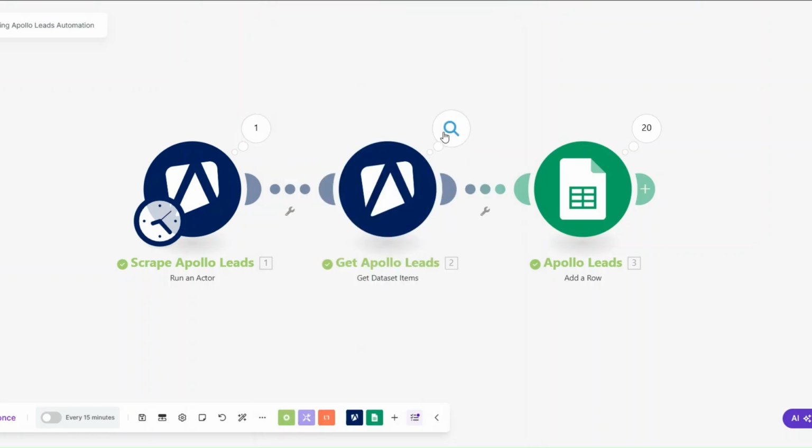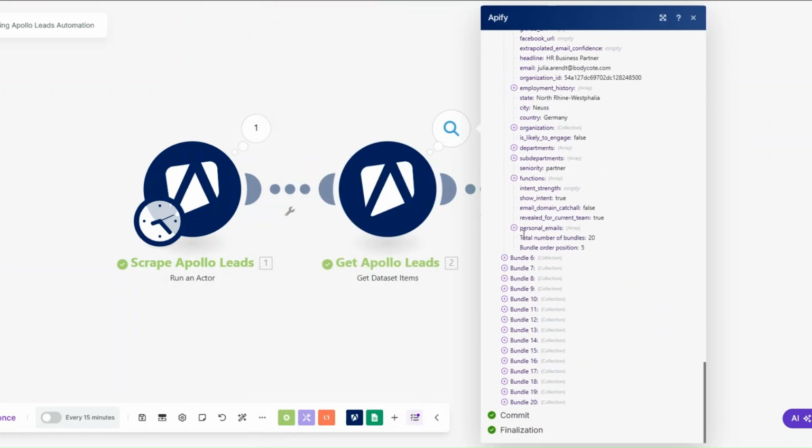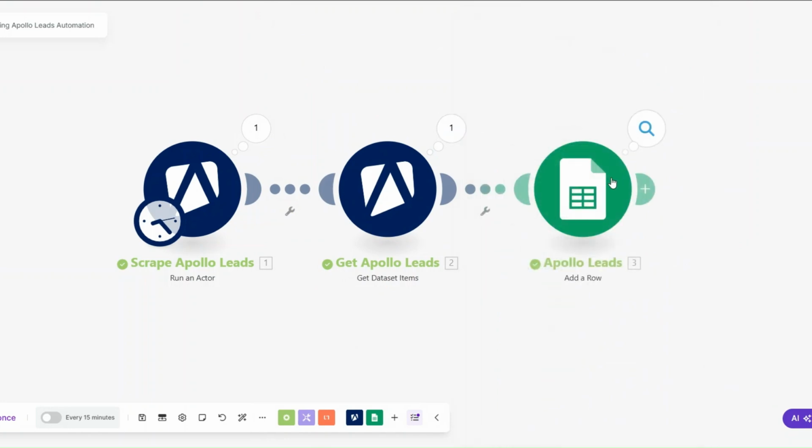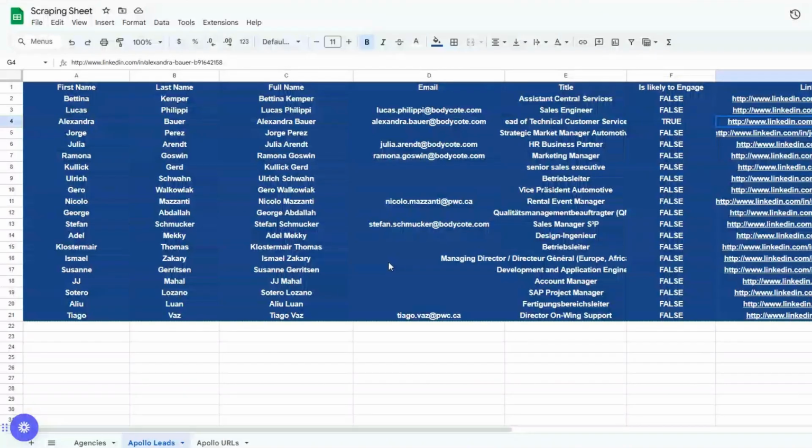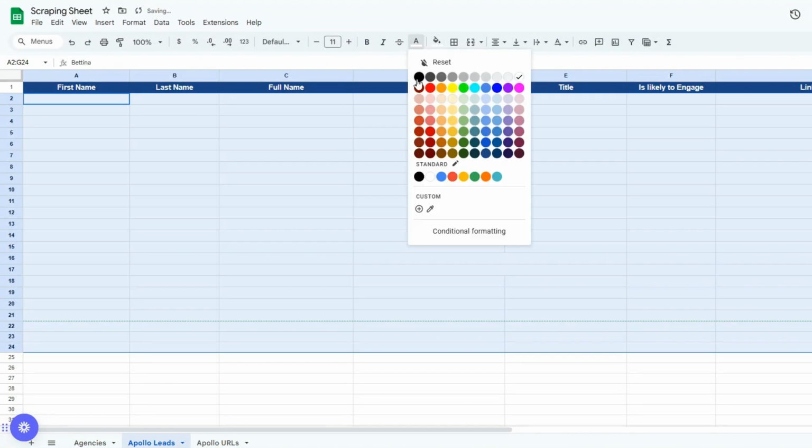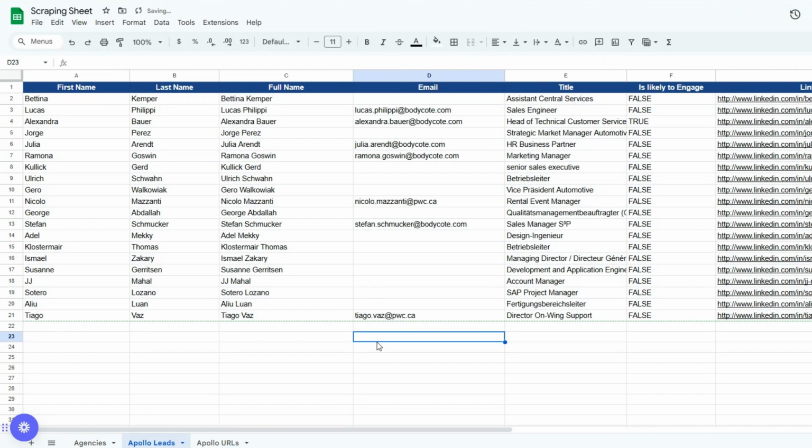And then we got the leads right here, 20 of them. And then we added the 20 leads to a Google spreadsheet over here. When we go to our Google spreadsheet, you can see we added our leads right here. Let us format our leads first. After formatting our leads, you can see that we added our leads that we scraped from Apollo right here on